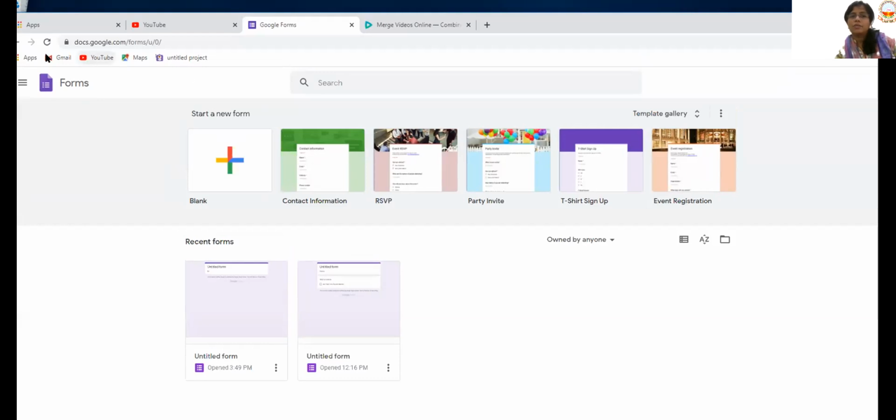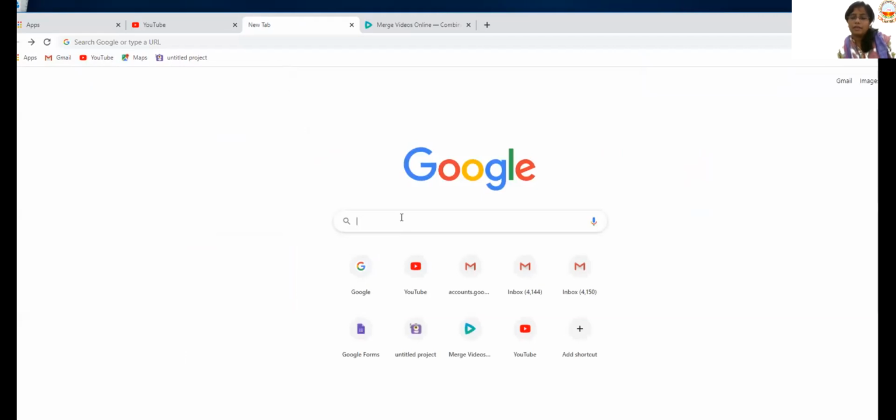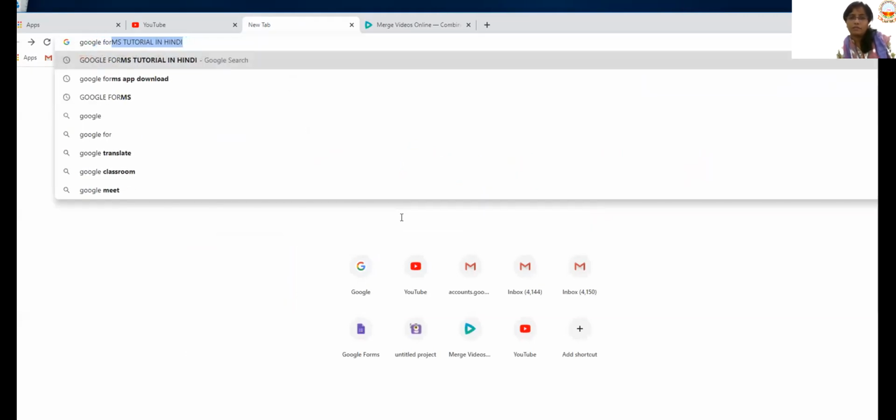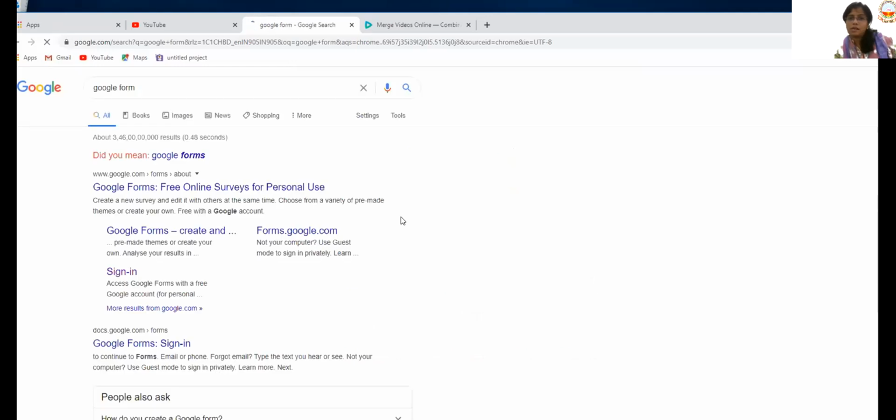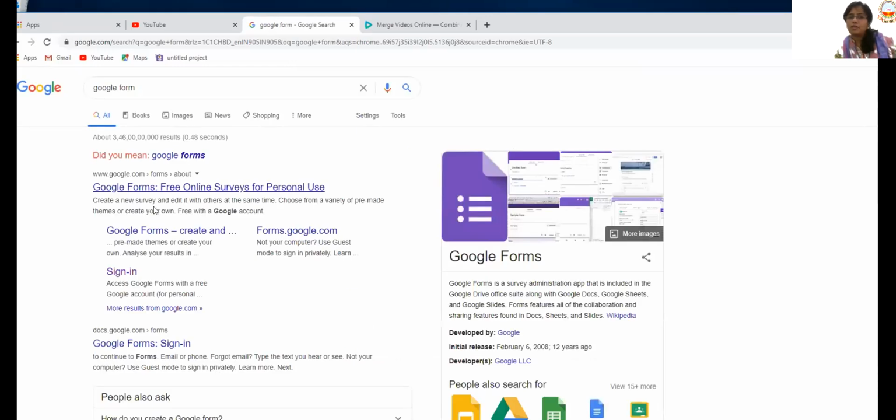Either directly go to Google and type Google form. Leave the first option, go to the second one.